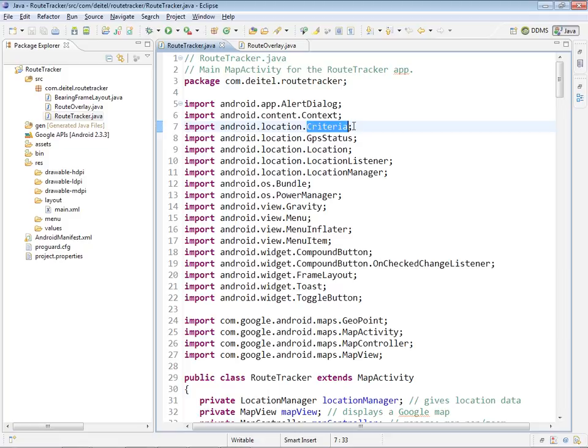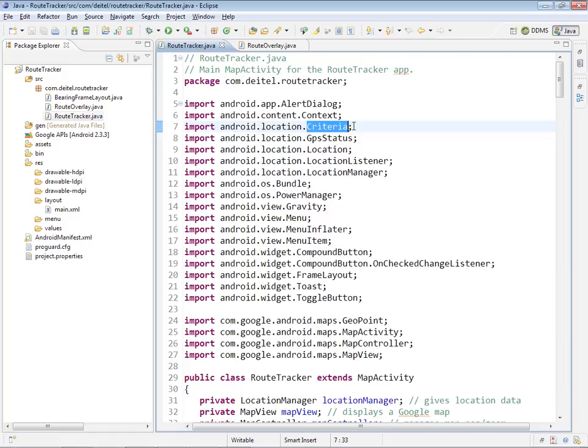And with that object, you'll be able to specify how accurate you need the data to be. You'll be able to specify the battery usage. So one of the things you want to be careful of when developing any app is trying to minimize battery use so that the device can stay functioning as long as possible. You can also specify information about bearing, which is the direction you're traveling, speed, altitude, and even the monetary cost of the provider if there's some cost associated with it. And then based on the settings that you provide in the Criteria object, the LocationManager will return to you